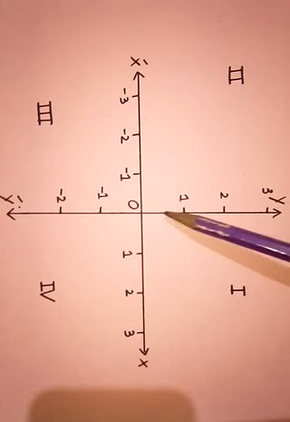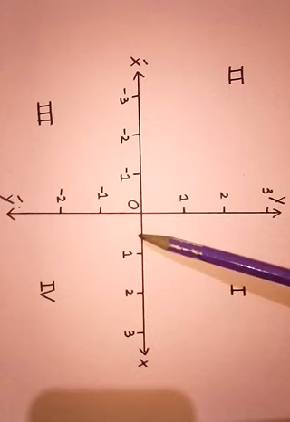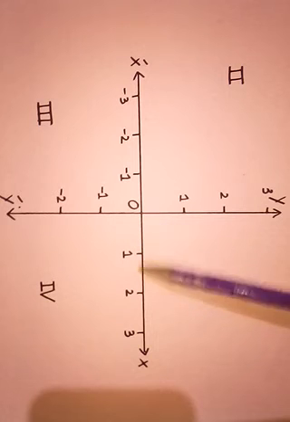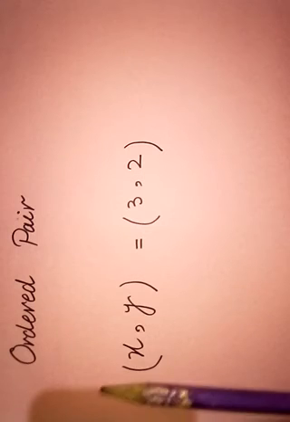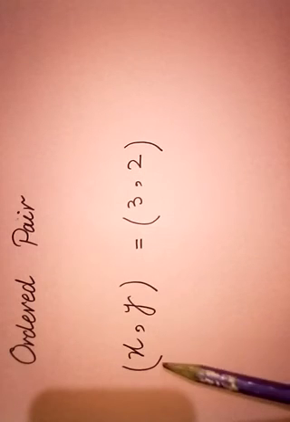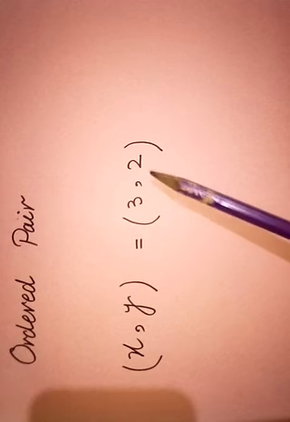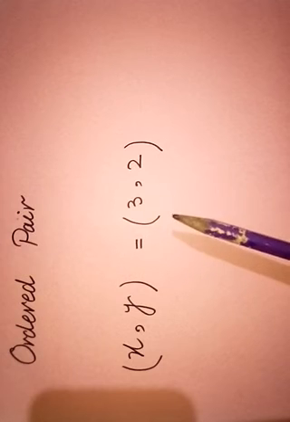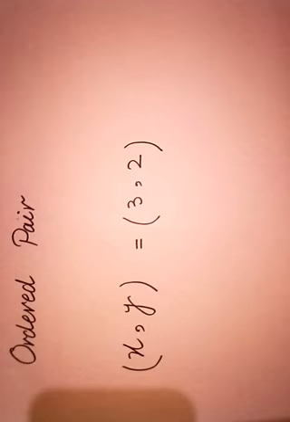Now, you have to take a gap of 2 centimeters here, 2 centimeters, 2 centimeters and 2 centimeters. Here also 2 centimeters each. Same gap you will take here. It is known as an ordered pair. In an ordered pair, the first value is for x and the second value is for y. So x equals 3 and y equals 2. It cannot happen that the first value is for y and the second value for x.